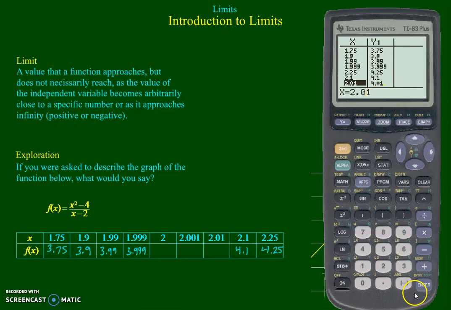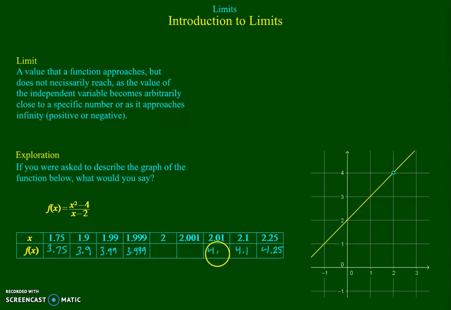That's 4.01. Let's do 2.001. And we get 4.001. Now I think you can see fairly clearly that from the right it's approaching 4, and from the left